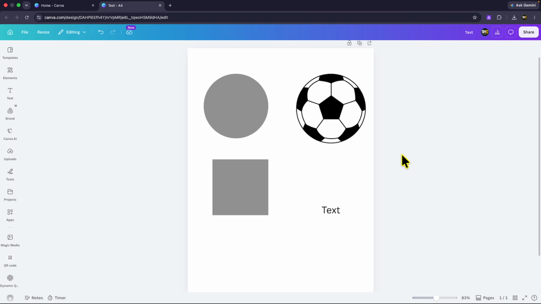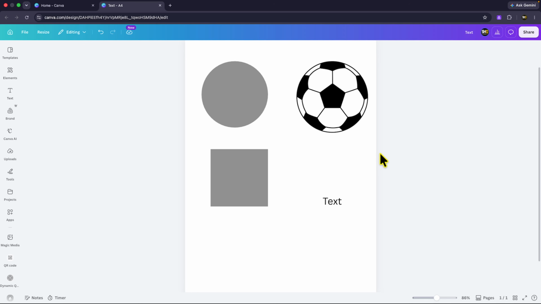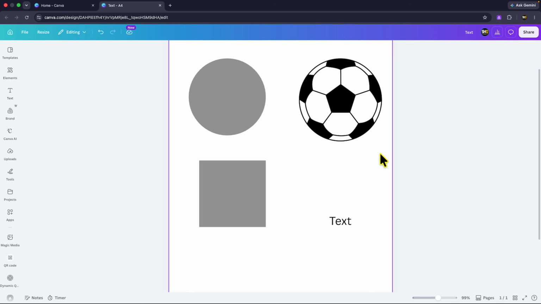So before we get started, the first thing you want to do is log into your Canva account. And once you've logged into your Canva account, locate the project that you would like to do this in. And once you find it, open the project in the Canva design editor. Now, once the project is open in the page,